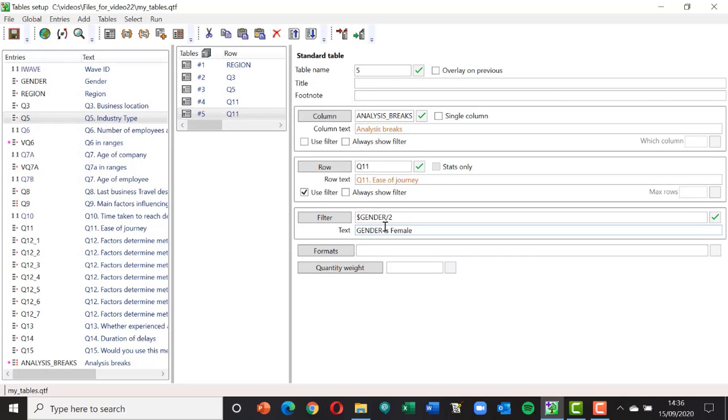and you can see I've got exactly the same coming through here. Rather than typing gender/2, it's actually just done it for me by picking it from those drop downs and selections. And it's put $1 on the front because that's what QPS does. It adds $1 to the variable. If you don't put it on there when you type it in, it'll add it for you. I can now run this,